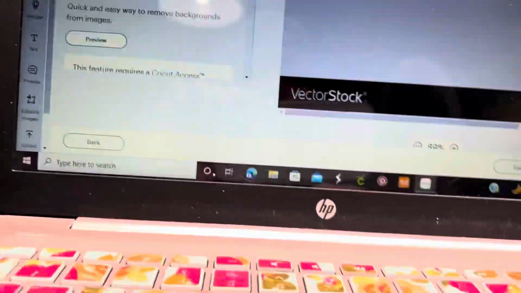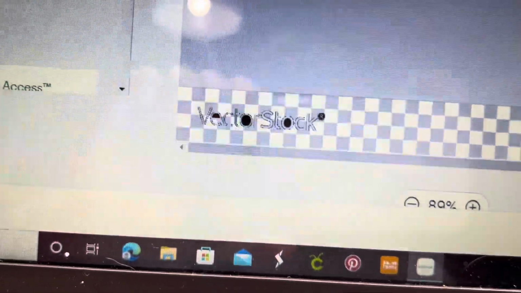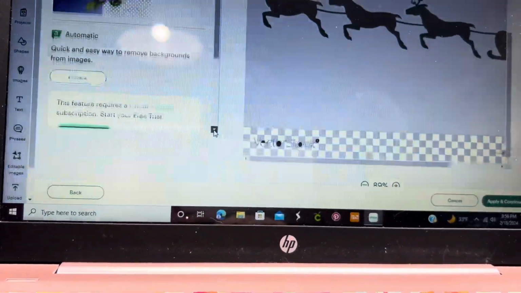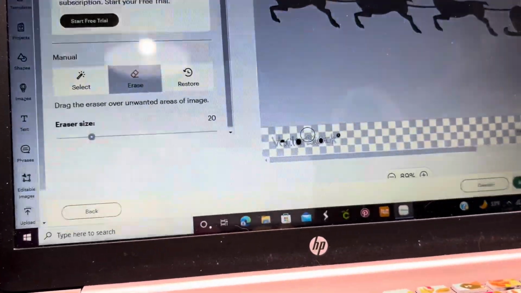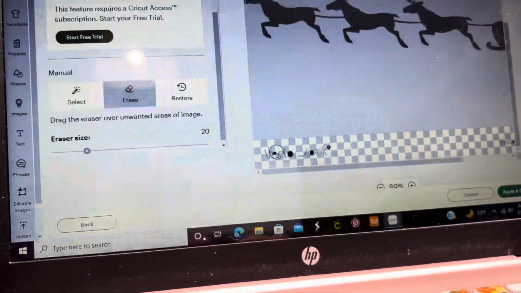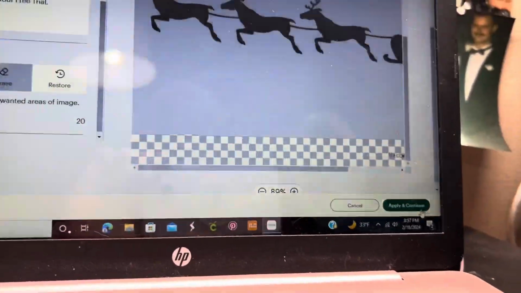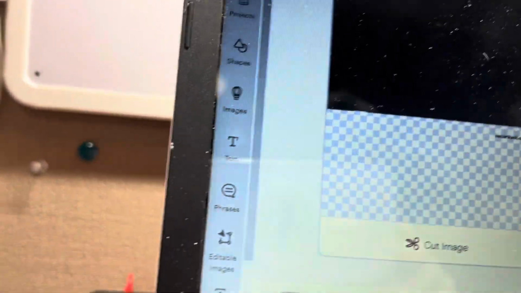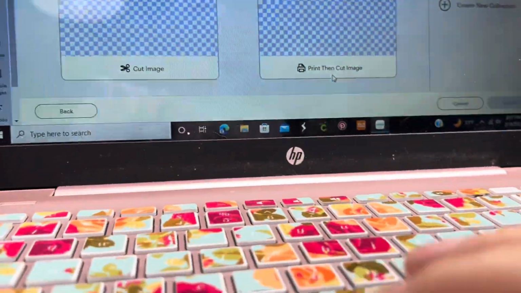If I click with the X, can you see what it causes to happen? Now, this is where you're going to go over here to your erase. Click on that. And you're going to take this and you're going to just erase, erase. Now, let's go to apply and continue, and I'm going to show you what it looks like. Can you see? It still has the word. Now, let's go back